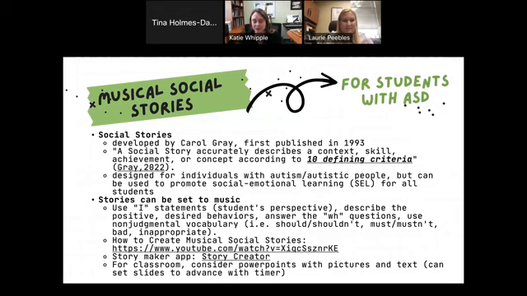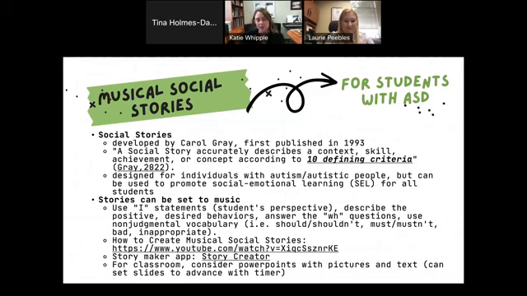But what she found is that the students that she works with who have autism, who sometimes have these social deficits and have a hard time understanding the social cues and world around them, if she places the things that they're struggling with inside a story that is very clear about what the expectations are and really has a lot of other defining criteria, it helps the students to be successful. So she defines a social story as accurately describing a context, a skill, achievement, or concept according to 10 defining